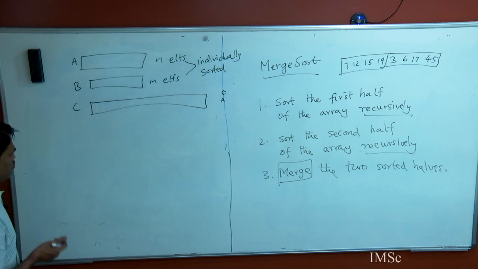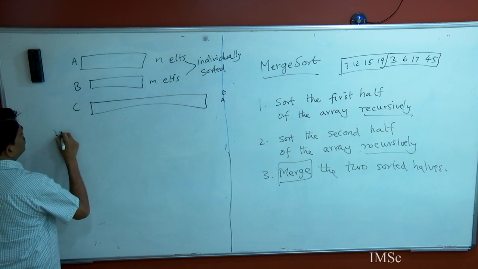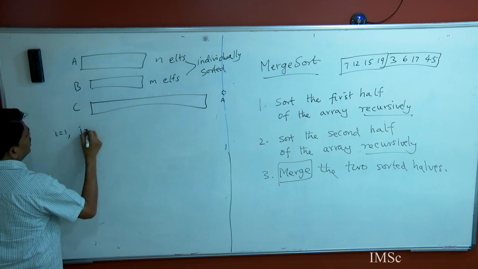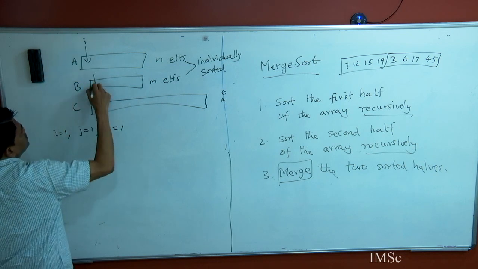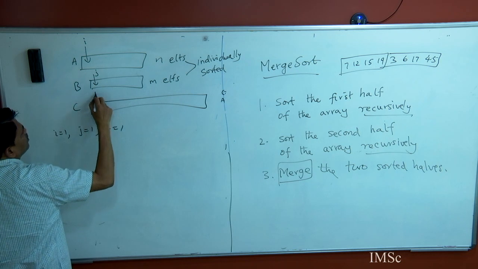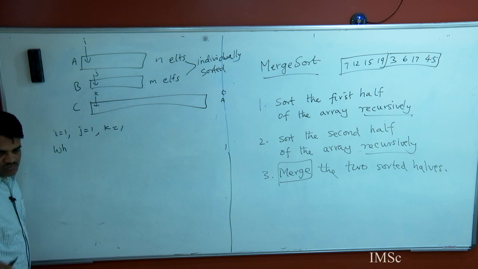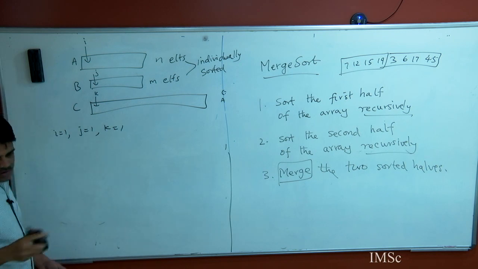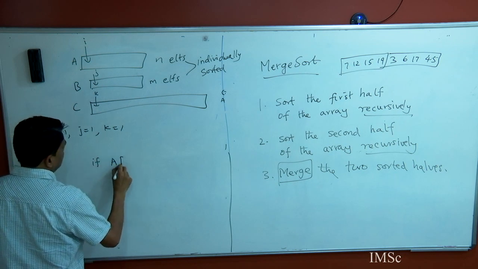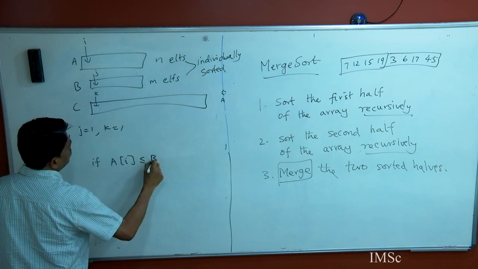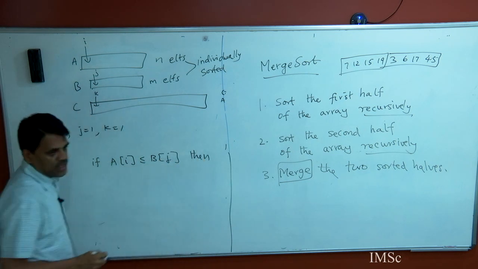And so what would be a way to write a program? So here it is, right? i equal to 1, j is 1 and k is 1. So think of i running on this, j running on this, and k running on this, right? Okay, so if ai is less than or equal to bj, then yes, then